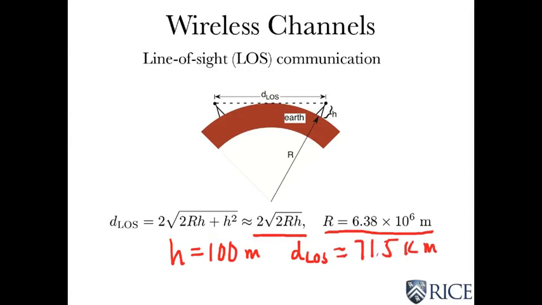Now that's the total distance here. If you were on the ground level, let's say holding your cell phone, then that distance, let's say from here over to the transmitter, is going to be half of that. So 35 or so, 37 kilometers is the total distance that a cell phone can be reached by a 100-meter tall antenna. So it's pretty limited,